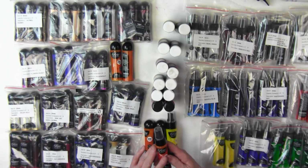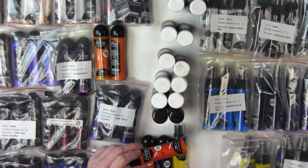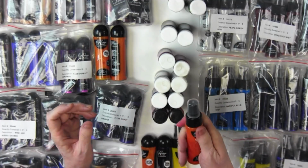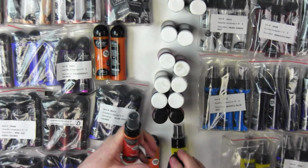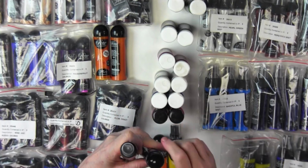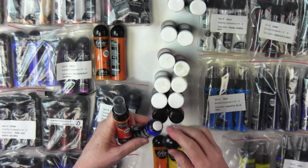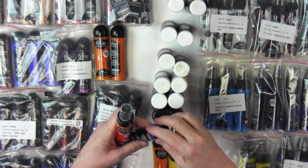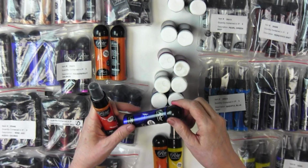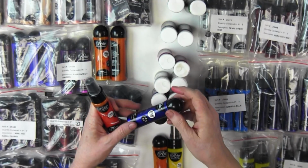They did put them in these, and I love the shape of the bottle. I gotta say, I love the sexy bottle that they picked. It's really nice, feels good in your hand. They went with a cute dauber top, a little bit smaller. Great product here, it's really great. But when the licensing ended and the factory that was making these for them was all done, they were sent